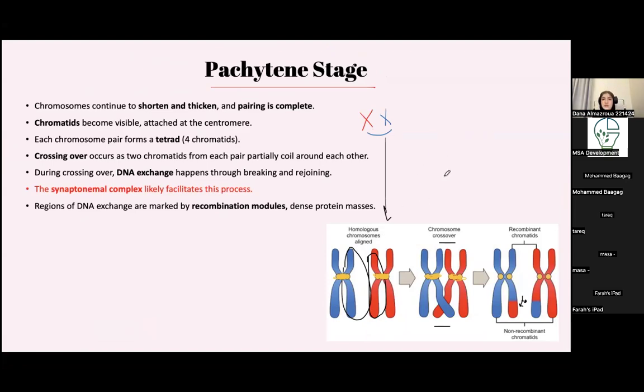Okay, so we said crossing over happens at the Pachytene stage, which is part of prophase 1. Because a question can come to you asking,